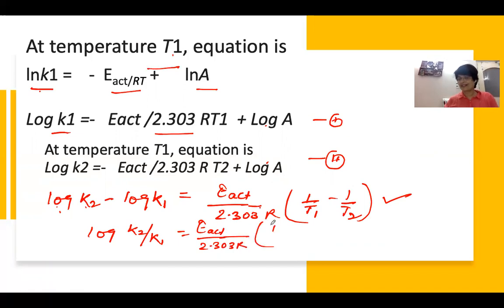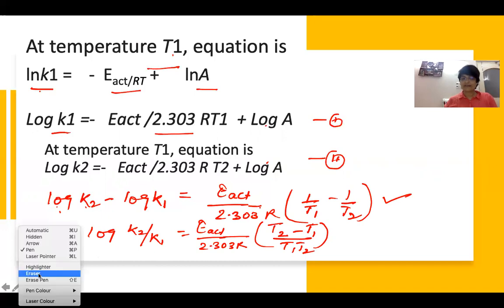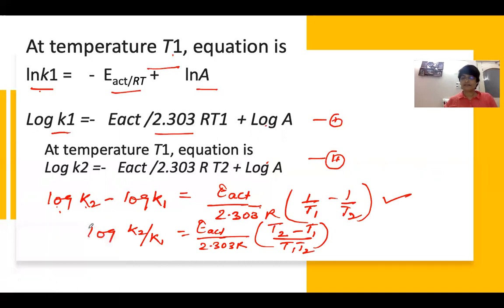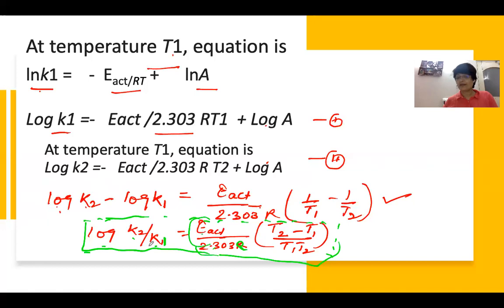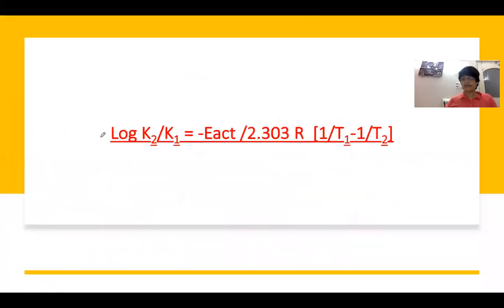If you want, you can put it like this also, T2 minus T1 with LCM as T1 T2. So this is your expression, which will be needed always. This formula carries 3 marks, sometimes it remains reserved. In this expression, T2 got changed, temperature got changed, K2 and K1 got changed, but what is not changing? This is your gas constant. So remember, your activation energy E value is not changing with the temperature. This expression is given on this slide.